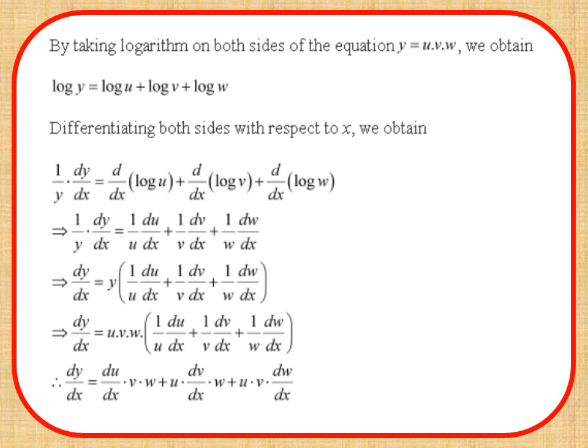Now we are going to apply logarithmic differentiation. Now we have y equal to u into v into w. So applying log, we get log y equals log u plus log v plus log w. Now simply apply the logarithmic differentiation. So 1 upon y dy upon dx equals 1 upon u du upon dx plus 1 upon v dv upon dx plus 1 upon w dw upon dx, and multiply y to the RHS and put y equal to u v w. You will get your required proof. So am I clear? I hope I am. So pause and note down the solution.